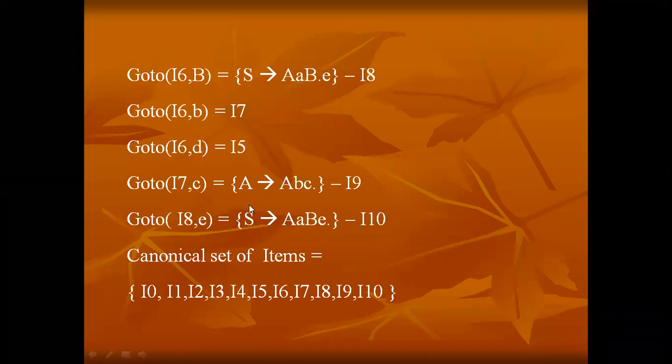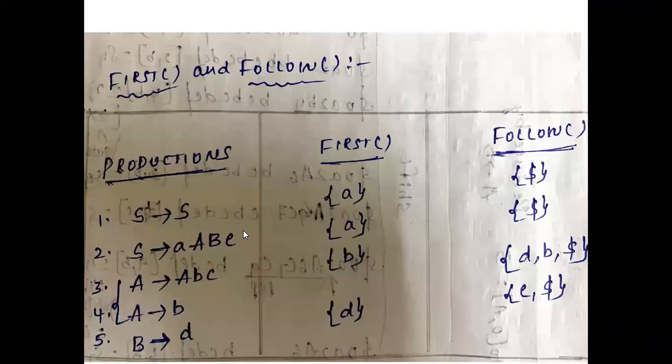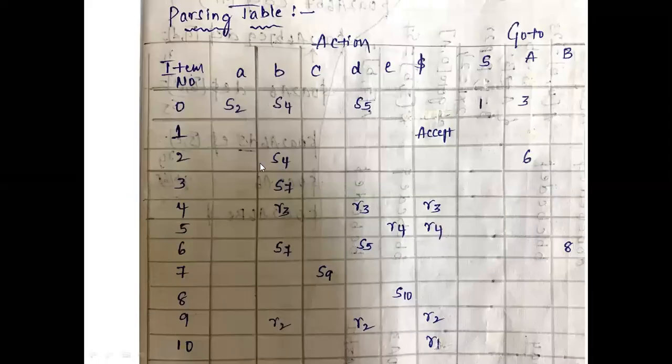That means we need to check what the follow of S is. What is the follow of S? Dollar, right? The follow of S is dollar. In item number 10, the dot processing was ended, right? Which rule is it? It is R1, right? And the follow of S is dollar. So at I10, action of I10 comma dollar is R1. That is, you need to reduce R1.